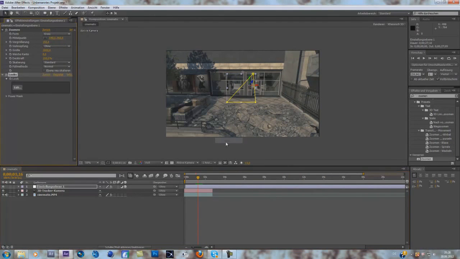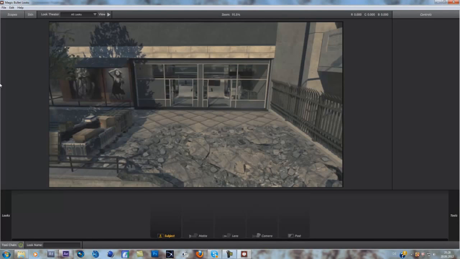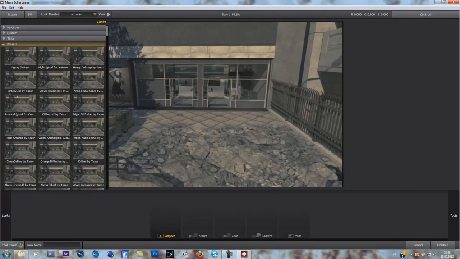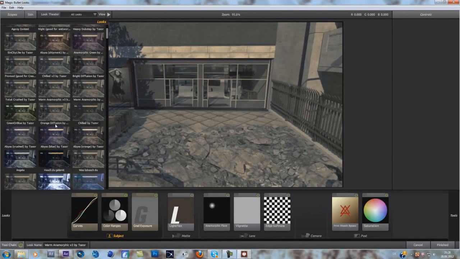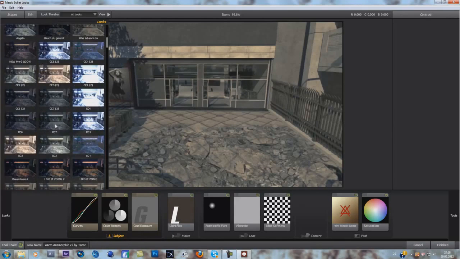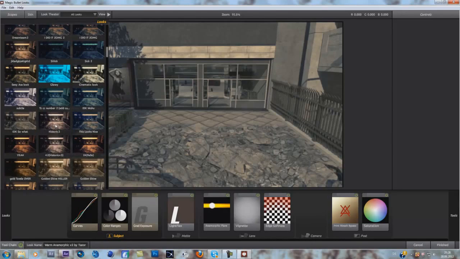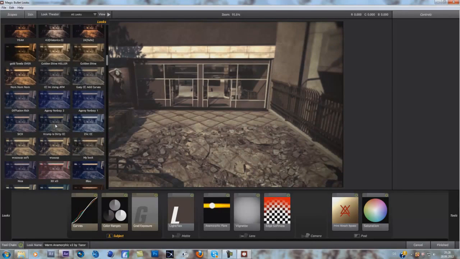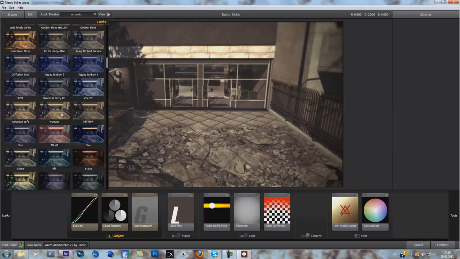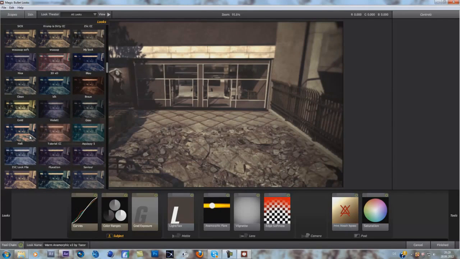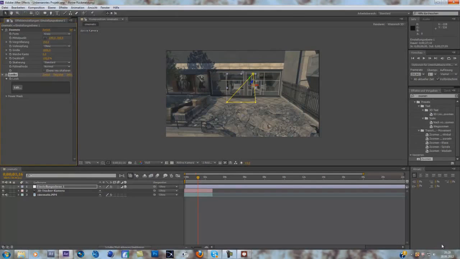add a color correction to it. So I'm just going to use a preset, but I would really recommend doing one by your own so it fits perfectly. I'll just choose one which is a bit glowing. Let's take this one. Okay, that looks bad, but